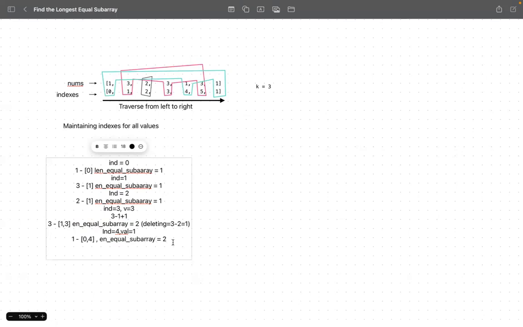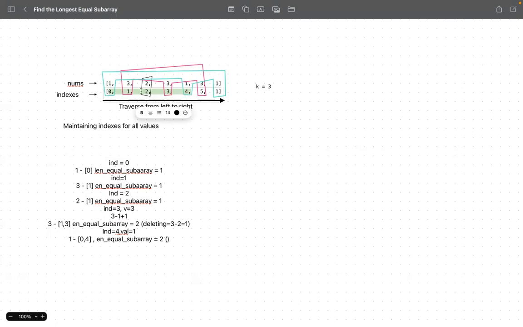But this is not enough. How many will we be deleting? According to this, if we are going from here to here, how many elements are there? There are 1, 2, 3, 4, 5 elements. If you count all this, including from here to here, that means 0 index to 4th index. Let's highlight this. So we are going from index 0 to index 4, right? How many elements are coming? 5 elements are coming, but